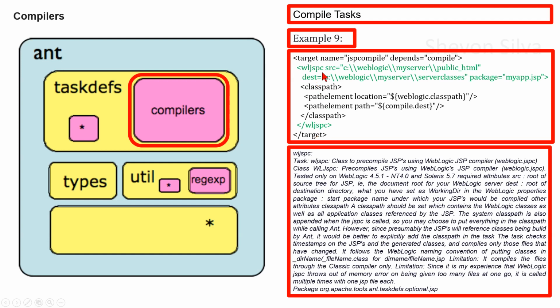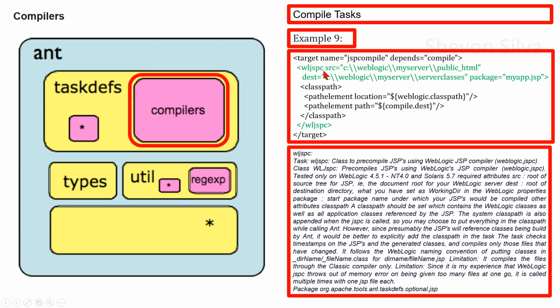Now we are considering WLJSPC. The task WLJspc is a class to precompile JSPs using the WebLogic JSP compiler, WebLogic JSPC. With regard to the API, the class WLJspc precompiles JSPs using WebLogic's JSP compiler,